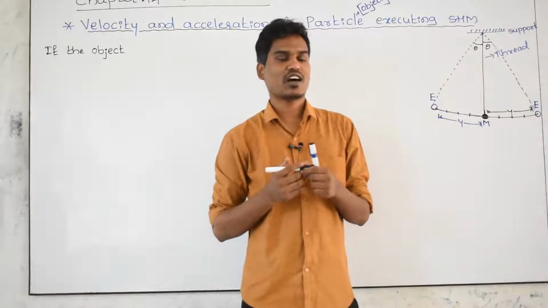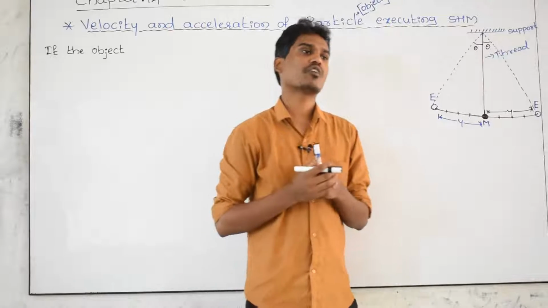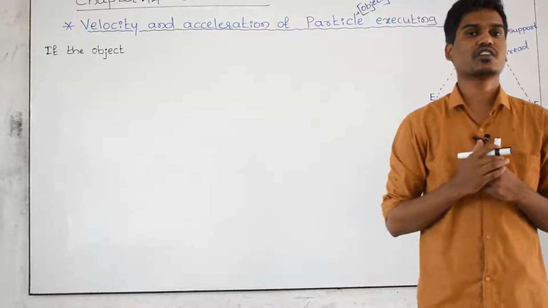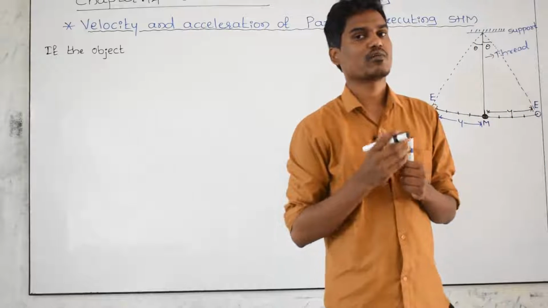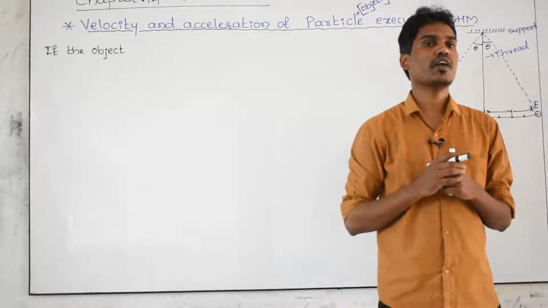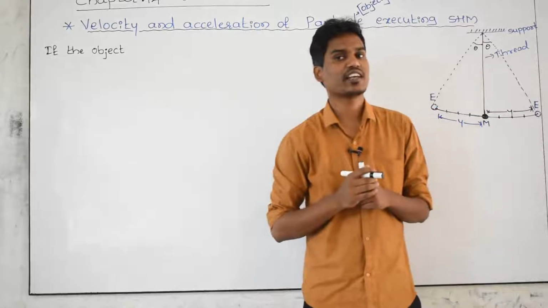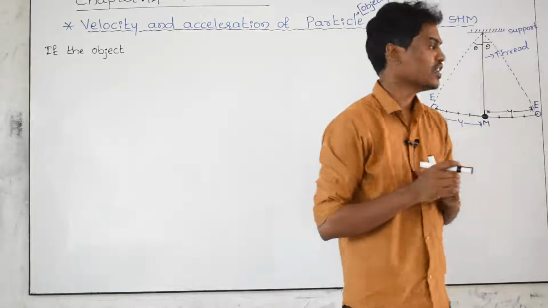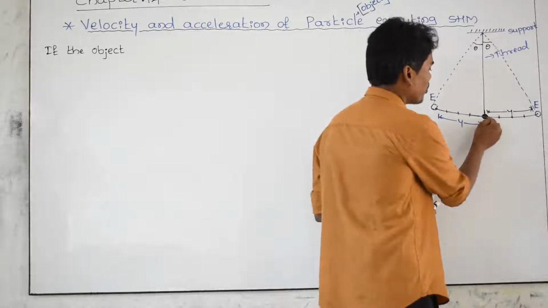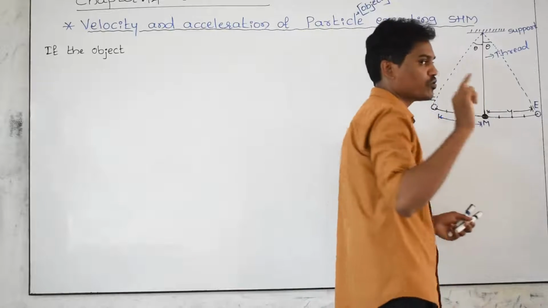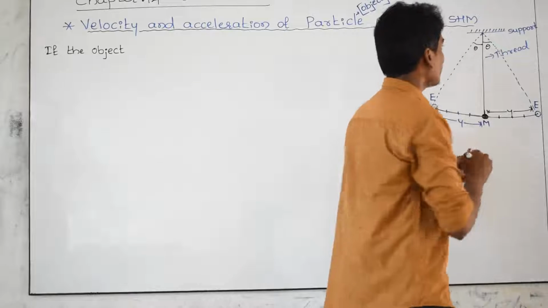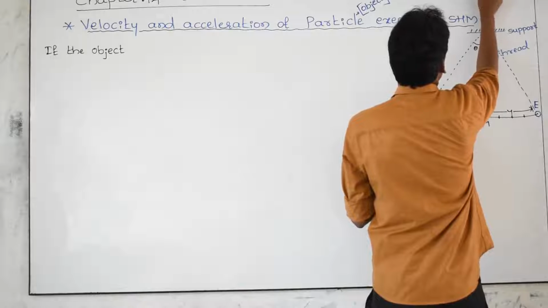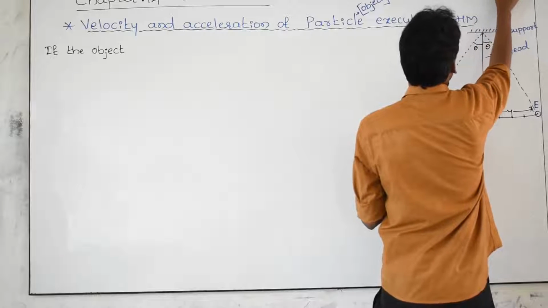Two formulas are there. Both formulas we are going to use in order to find out the displacement of the object, whenever the object is in simple harmonic motion, when we are using a sine function and when we are using a cos function. If you want to find out the displacement from the mean position, then use the formula y equal to a sine of omega into t.